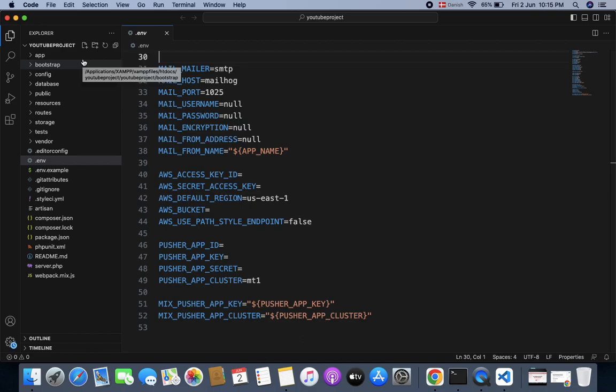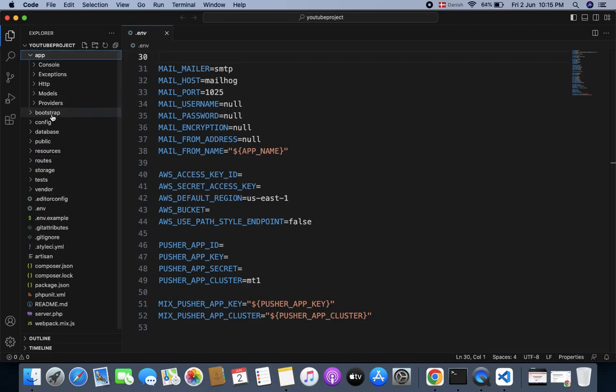I will explain about app, bootstrap, config, database, all these things. Okay, so let's continue with the app folder. The app folder is used for 90% of the development. We are using the app folder,